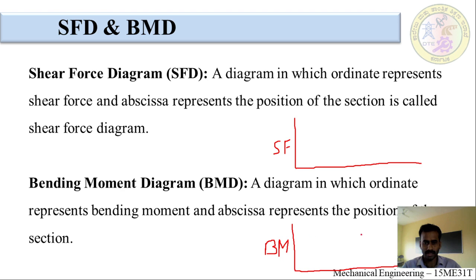So by taking the values of bending moment at particular sections or salient points on the beam, we can identify and draw the shear force diagram as well as the bending moment diagram. And by using this diagram, we can note the maximum bending moment and minimum bending moment as well as the maximum shear force and minimum shear force. So we can identify the points on the beam where there is a maximum load and maximum bending moment.